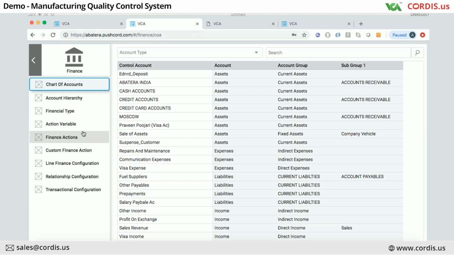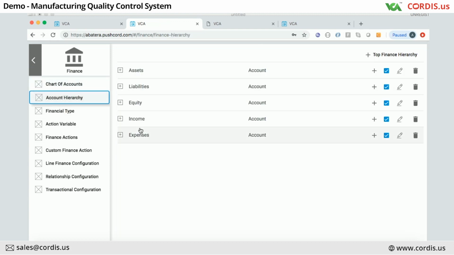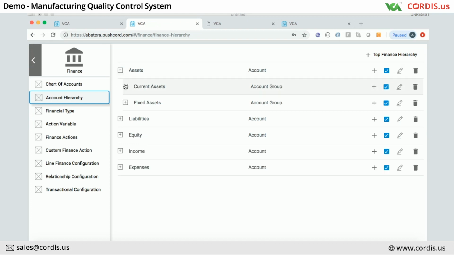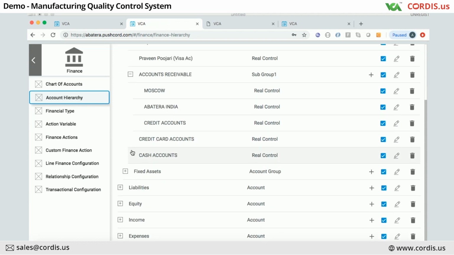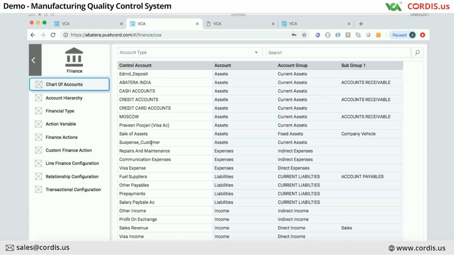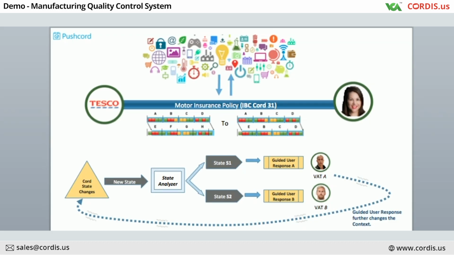Now, from the accounting perspective, we know this is the equation in the accounting world: assets, liability, equity, income, expenses. Everything in the accounts is going to lie in one of these areas, and you will define your accounting system under these heads. We have defined some of them, in the Avatera system, and this is their real accounting system which we are using. Once your chart of accounts is ready, the important point is how it gets linked with the transactions you do, right? That's where I wanted to bring up one slide here quickly, that your whole accounting system